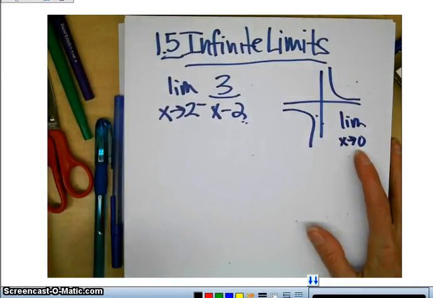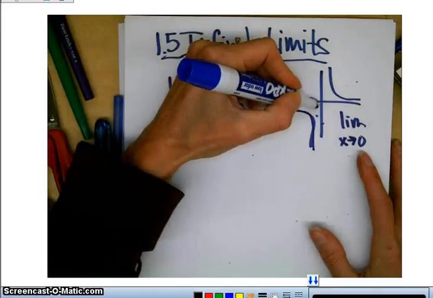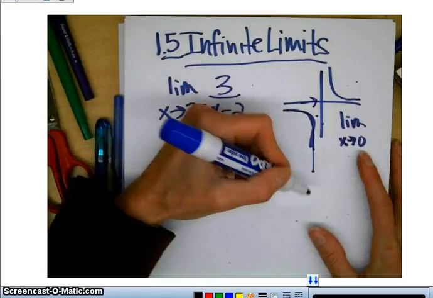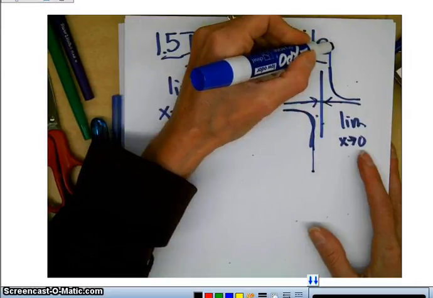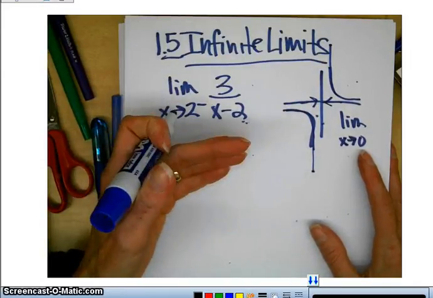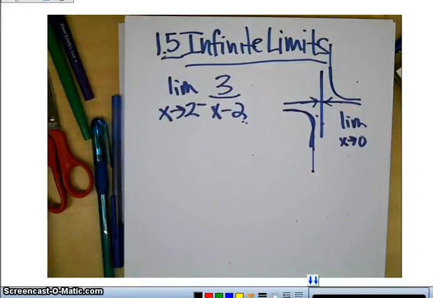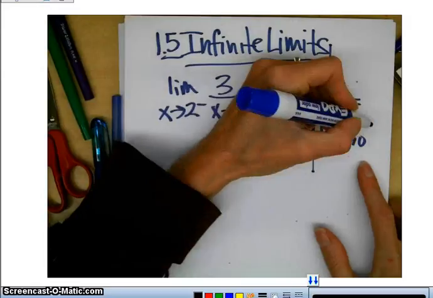It does not exist, and the reason is that from the left, as x is going to 0, the y value is going down to negative infinity, and as it goes to 0 from above, it's going to positive infinity. So two different limits, but unbounded behavior. Unbounded means shooting up to infinity or shooting down to negative infinity. And if it were just the limit as x goes to 0, then I would describe it as does not